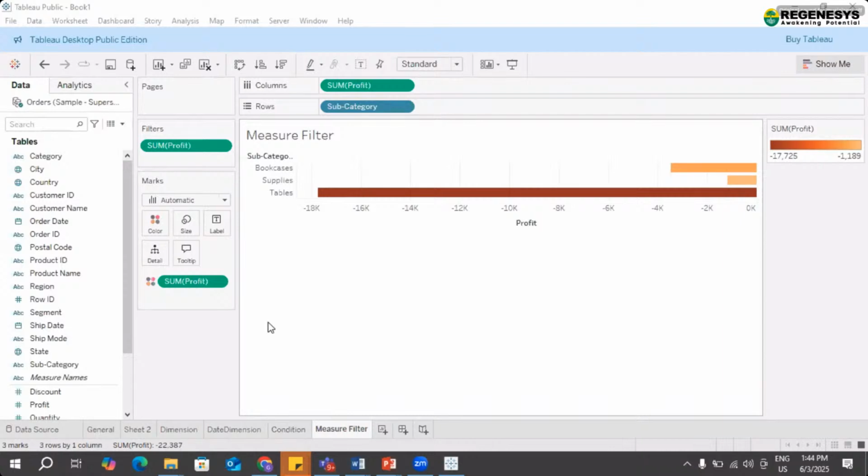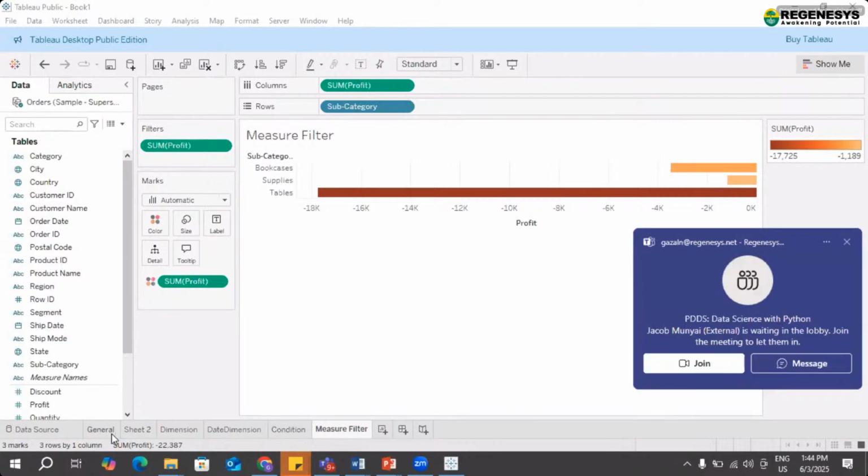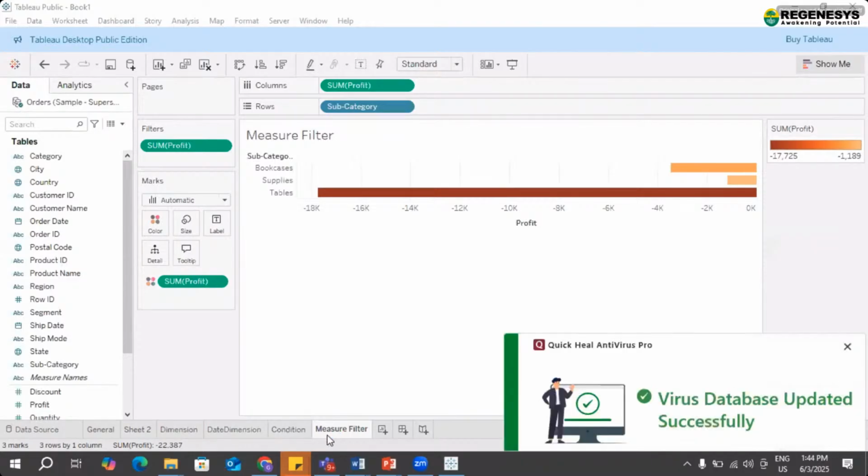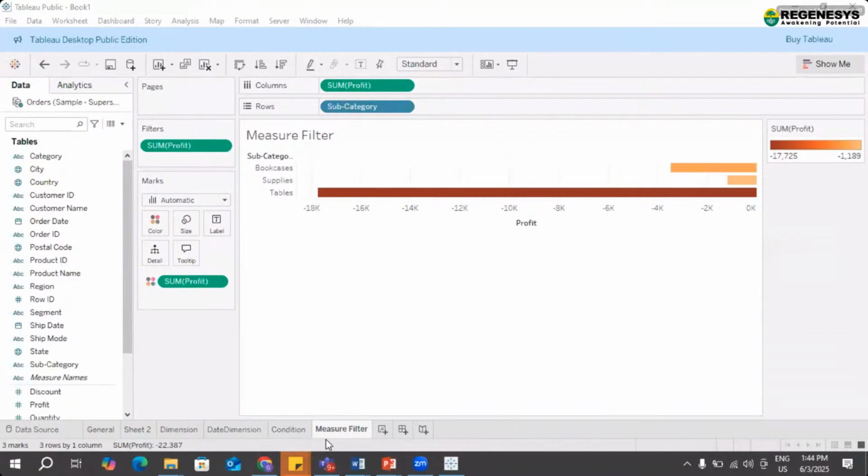So now I hope that here in the down right side, you have various sheets, right? You have various sheets, so that we can take all these together into the dashboards. Okay, so don't close this Tableau. We will be doing the same on this Tableau worksheet only. Thank you so much, everyone, for allowing me to go ahead.